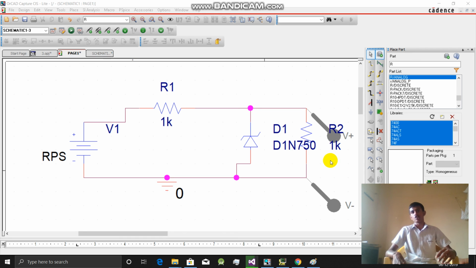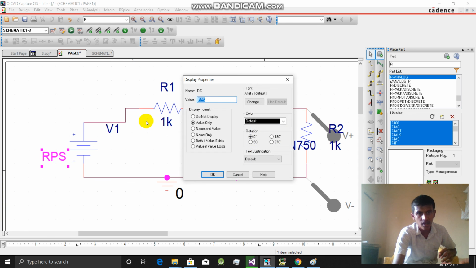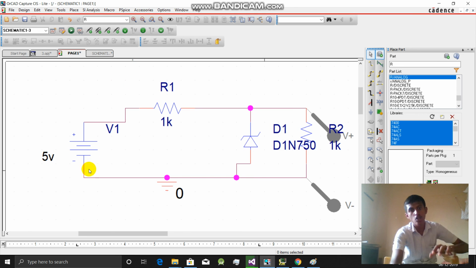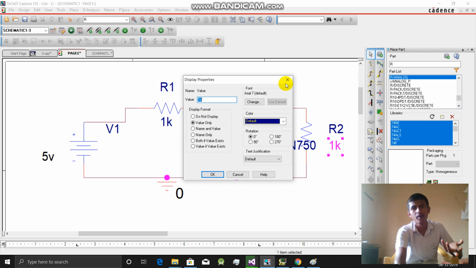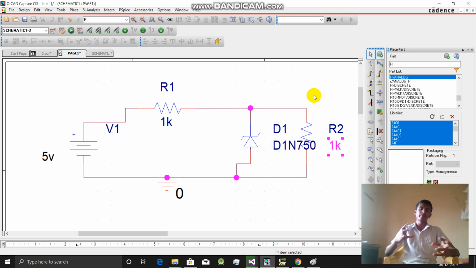In load regulation, as the name itself says, the line is constant. That means here instead of RPS we are taking a constant voltage. In load regulation we are not going to change the power supply, and here the load has to be changed, from 1 kilo ohm to 2 kilo ohm, 3 kilo ohm, like that. We need to change this load, that is the load regulation. If we change the load also, this